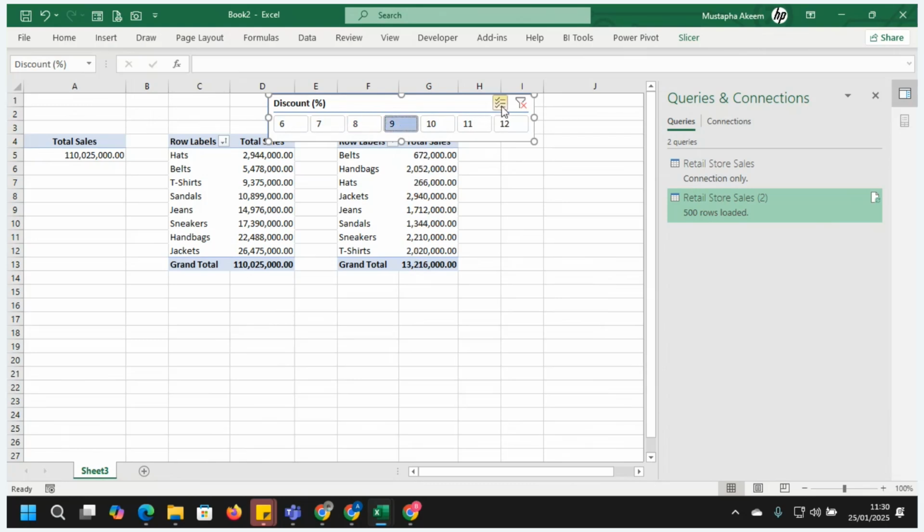Let me select more than one, like this and this together. Then I want to view this 4. The 4 sales give us 64 million, while the total sales give us this. Okay, that is slicer. Let me remove all now and clear the breakdown.